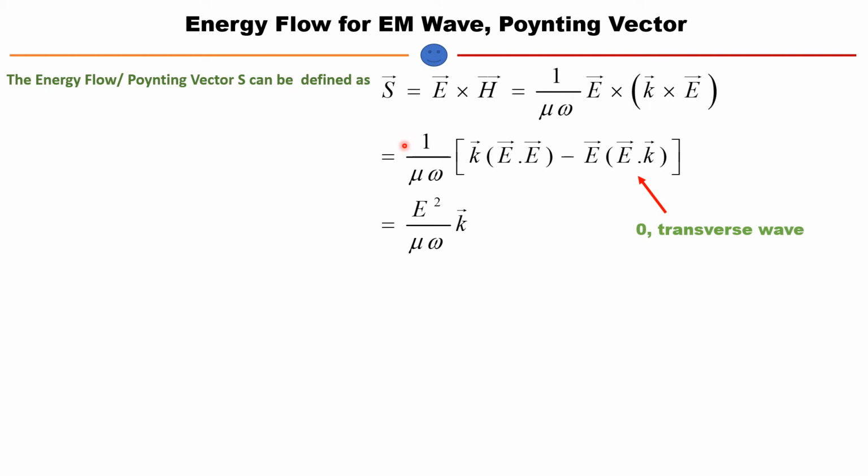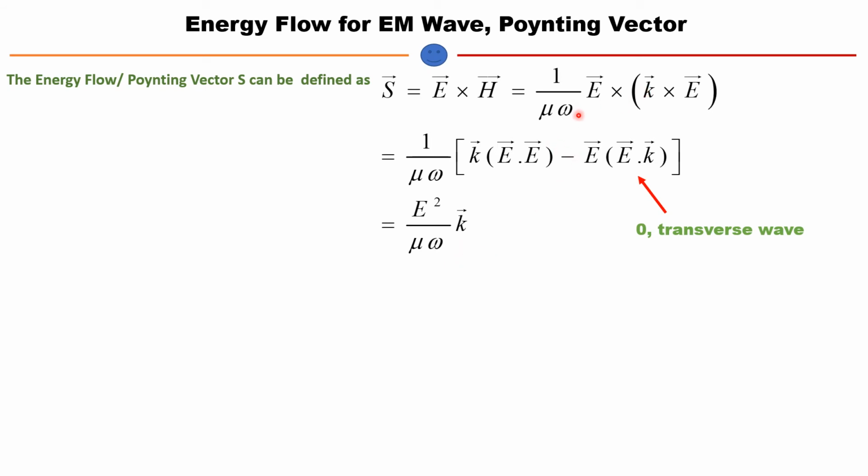Before discussing that, I will just shortly tell you, this is the energy propagation vector, that means the Poynting vector. It can be denoted as the cross product of the electric field and the magnetic field. So if the electric field is in the x direction and the magnetic field in the y direction, the cross product will be in the z direction. That means it is along the direction of propagation of the wave. Here in our case, the K vector is along the z direction, so the Poynting vector will be along the direction of propagation. Very importantly, physically we can tell that.